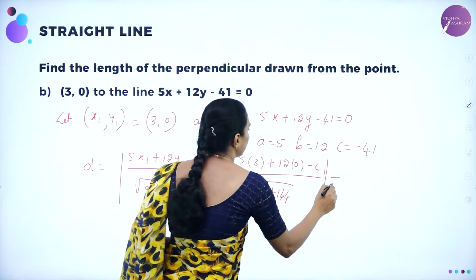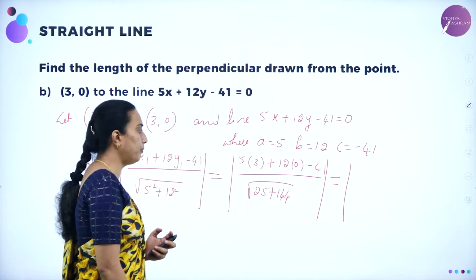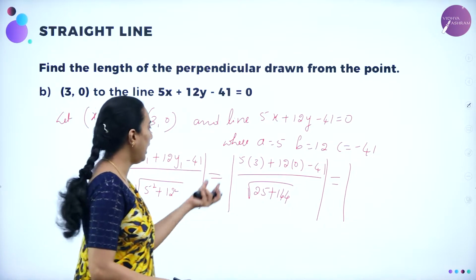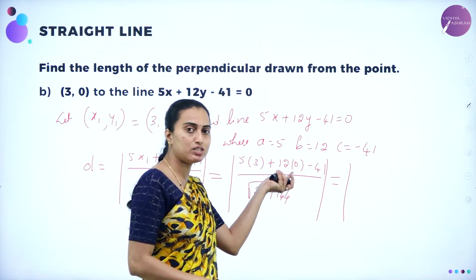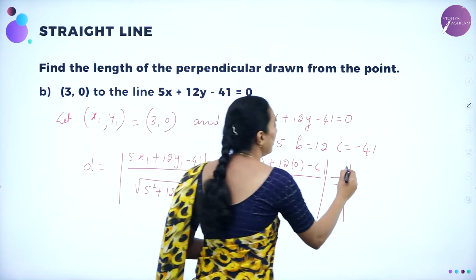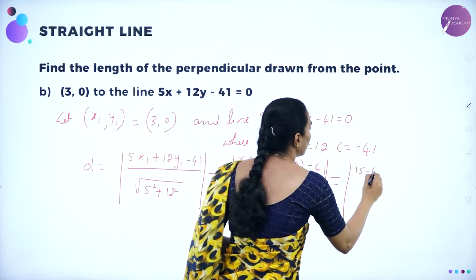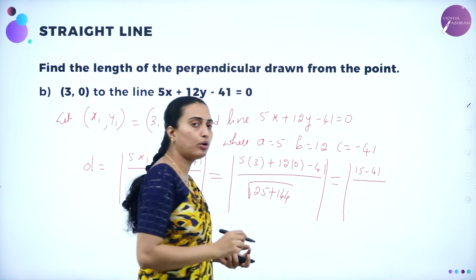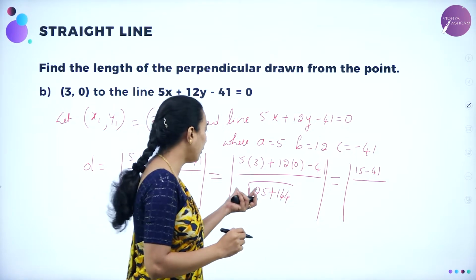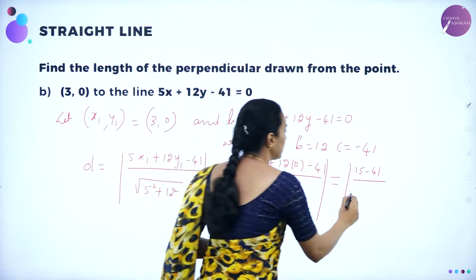You can simplify this: 5 3s are 15, 12 zeros are 0, minus 41. So 15 minus 41 divided by square root of 25 plus 144, which gives square root of 169,